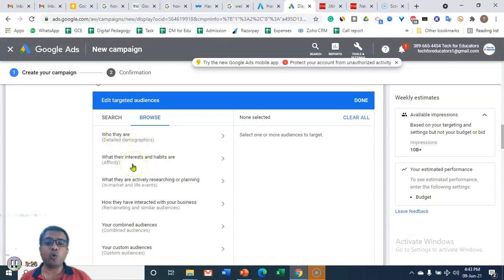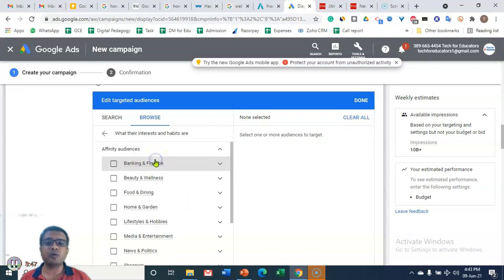The second is what their interests and habits are. For example, if you are a sports enthusiast, you visit many websites where sports information is there, then Google will understand you as a sports enthusiast. Similarly, gaming enthusiast. Many interests and habits are available here.